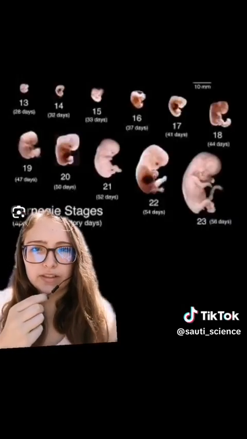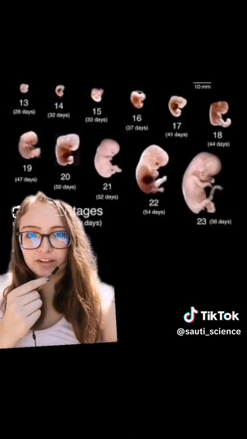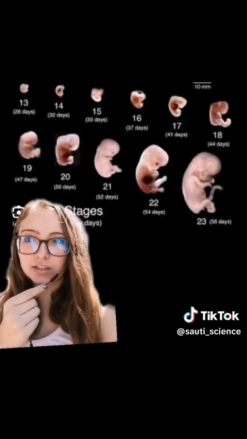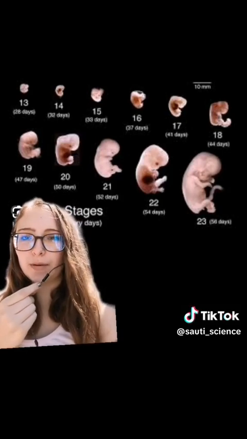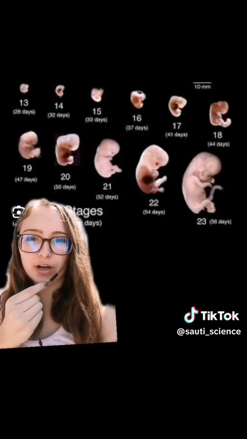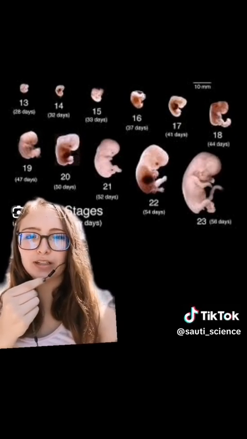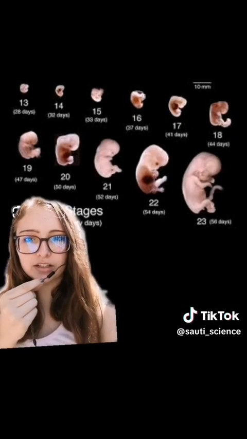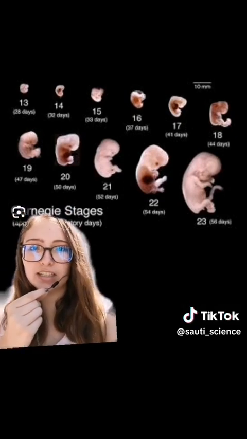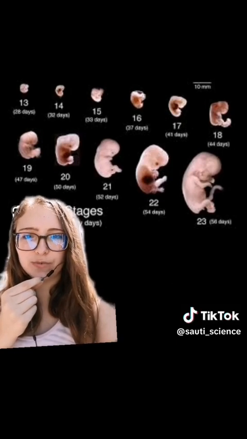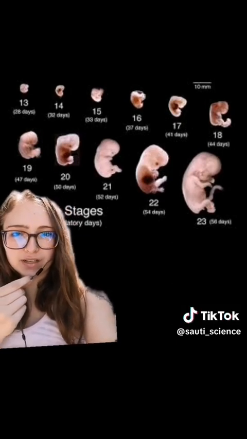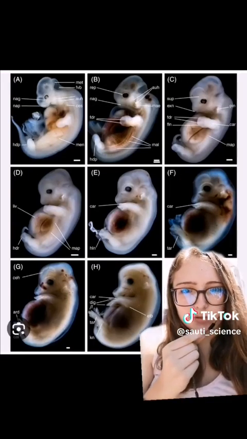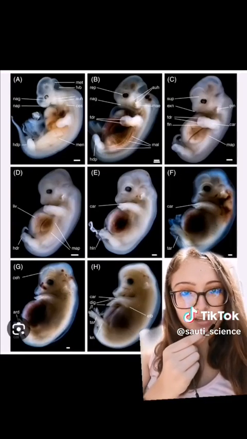So these are actual images of an actual human embryo, probably a fetus from a pregnancy that was terminated, but these are actual images of human embryos. You can see through the different stages of development, it doesn't really start looking like anything close to human until the number 22 image. If we go next to, this is a fetal pig that is also a real image,